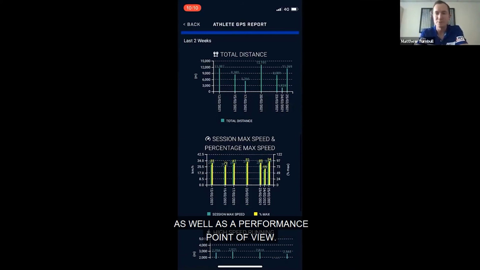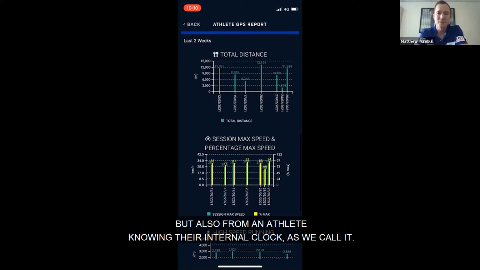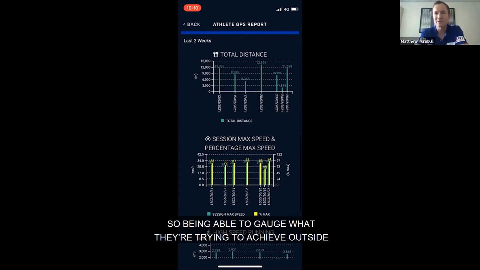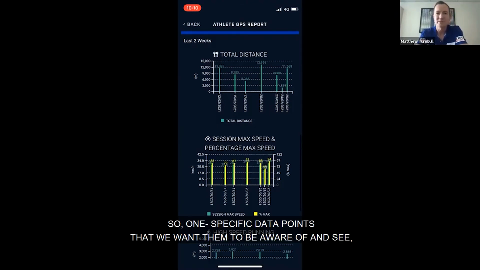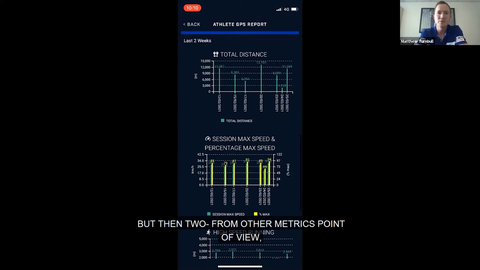as well as a performance point of view, but also from an athlete knowing their internal clock, as we call it. So being able to gauge what they're trying to achieve outside, and then get feedback from it. So one, specific data points that we want them to be aware of and see, but then two,